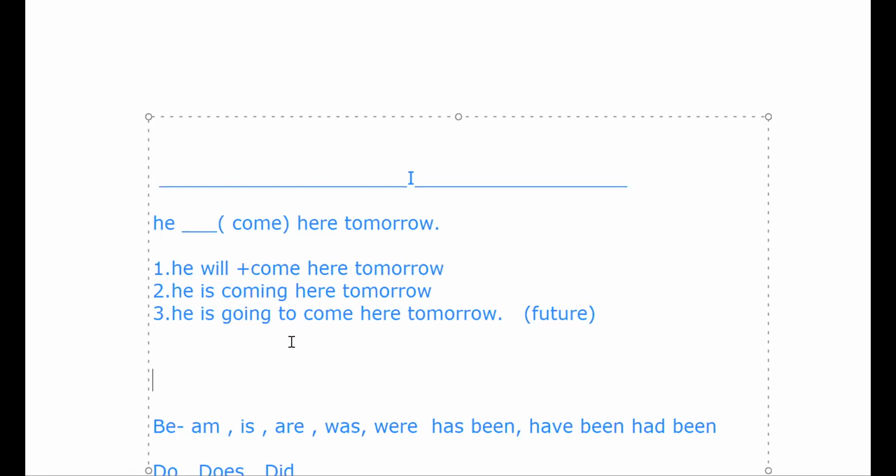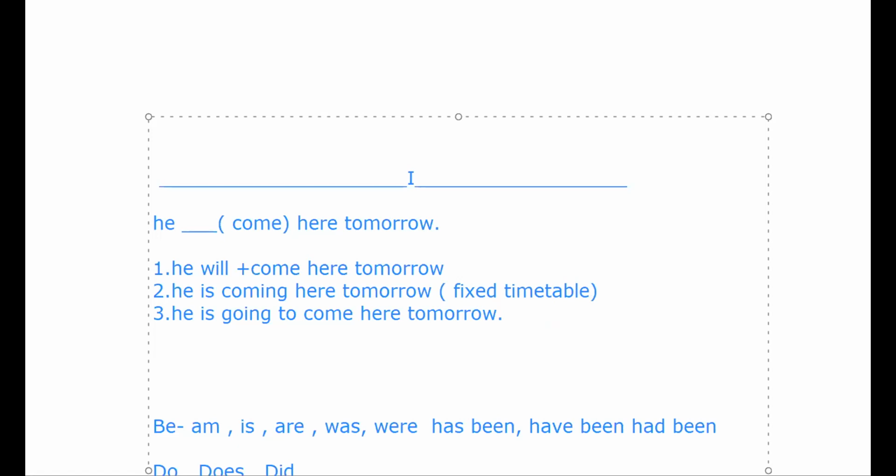You have to believe me, right? And whatever I say, you have to go with me. But the only thing is, there is a difference among these three sentences. All three are used to express future time, but there is a slight difference. Now, what is the difference? We will see. Look at this. Whenever I talk about a fixed timetable, fixed timetable,